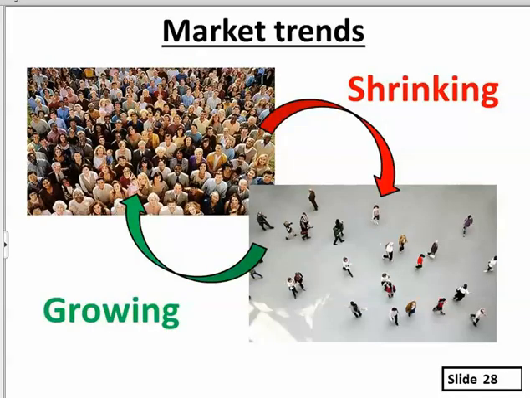Okay, now, in addition to knowing the current size of your marketplace, you want to know what's happening to that marketplace. Is it getting bigger or is it getting smaller? Just like Mr. Hootman and his buggy whip, here he is coming up with a product for a marketplace that is getting smaller and smaller and smaller. That's why you don't know who Mr. Hootman is, but you do know who Henry Ford is. Okay? So you need to understand directly whether your marketplace is growing or shrinking.